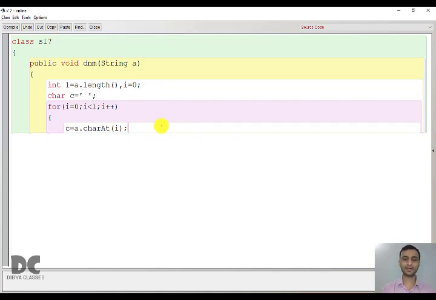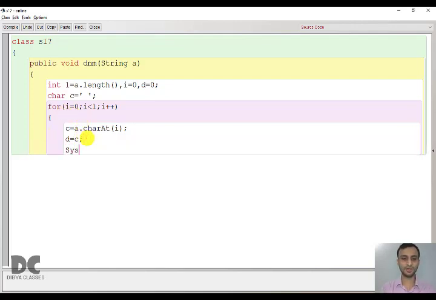Done. After extracting the character, we have to convert this to an integer form, that is the ASCII value. ASCII value is nothing but integer form of a character. So let us take the variable D, and this is variable C. So D is an integer type variable which will store the ASCII value of the character. So C is character and D is integer. This is smaller data type, this is bigger data type. So here automatic typecasting will be happening and the ASCII value will be stored automatically.